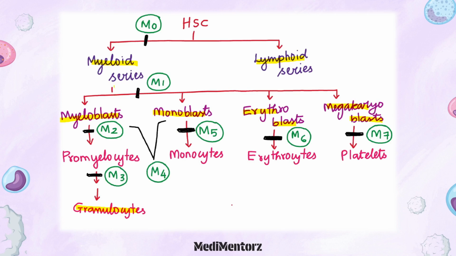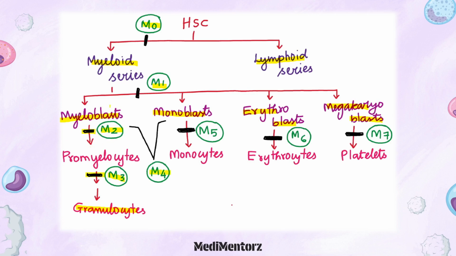With regards to this, I have mentioned the types of the AML in the green color. M0 denotes the AML without differentiation. So arrest here leads to the M0 type, and M1 is AML without maturation. So arrest here results in AML without maturation, and M2 is AML with myelocytic maturation. So arrest in this stage will lead to the M2, and M3 is AML with promyelocytic maturation. So arrest in this stage will lead to the accumulation of promyelocytes resulting in M3 type, and M4 denotes both